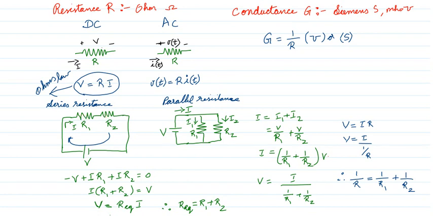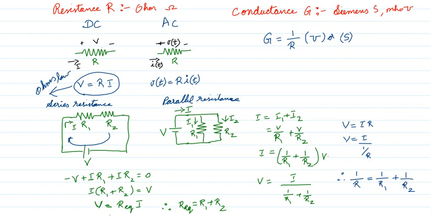In parallel, the voltage will be the same. The voltage across the elements will be the same. How can I determine the voltage is the same? If you take this R1 and this resistance R2, they are connected to the same points. R1 and R2 are connected to this point, and R1 and R2 are connected to this point, so they are in parallel. In parallel, voltage is the same. The voltage at this point is V, and the voltage at this point is grounded, so the voltage across these 2 points is V.